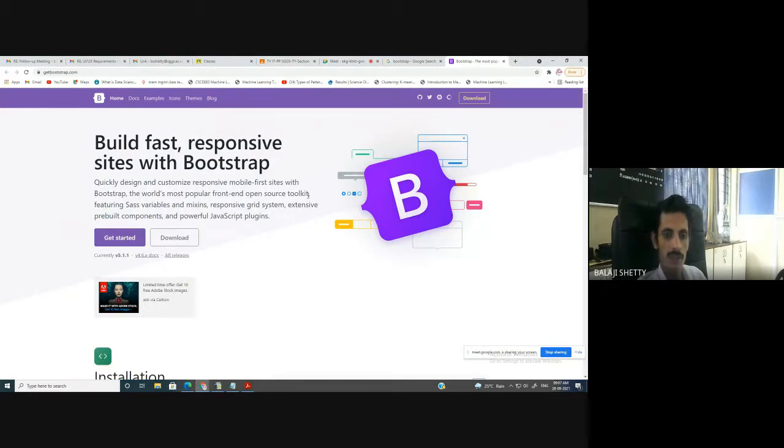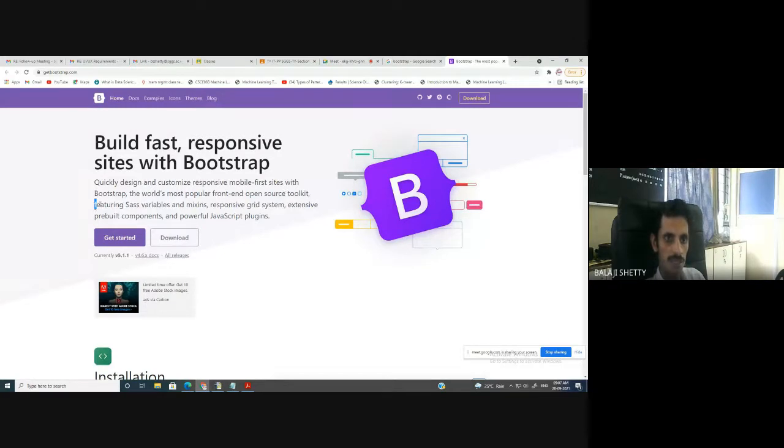Means what? You can start your business. You can develop real-time applications. You can sell your application because it's open source. If you develop any application with the help of Microsoft software, you need to purchase the software. But if it is open source, then there is no need to have any license. You can start your business. You can sell your software to anybody in the world.